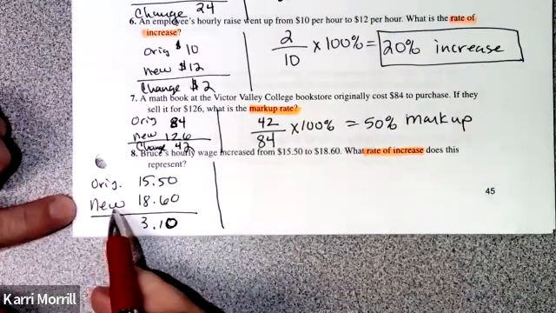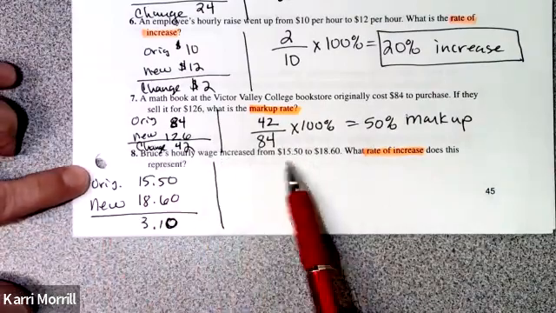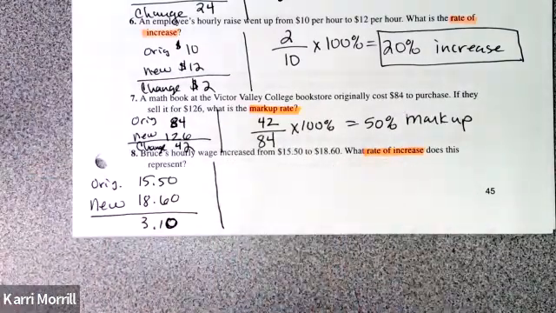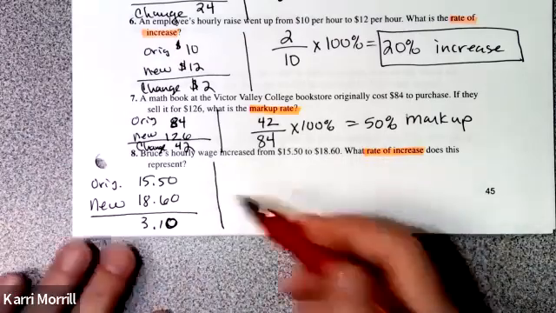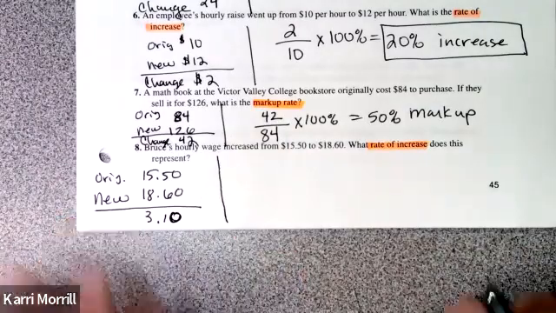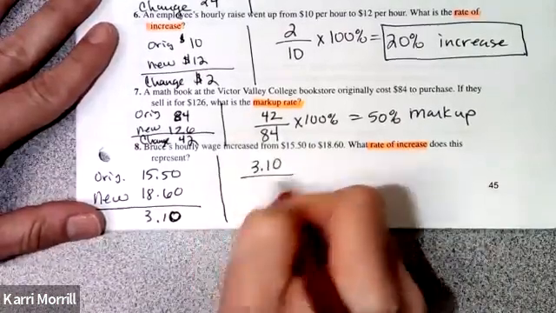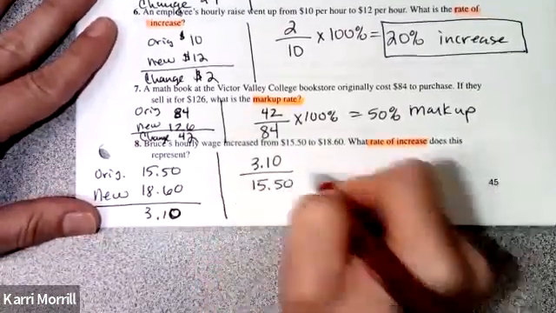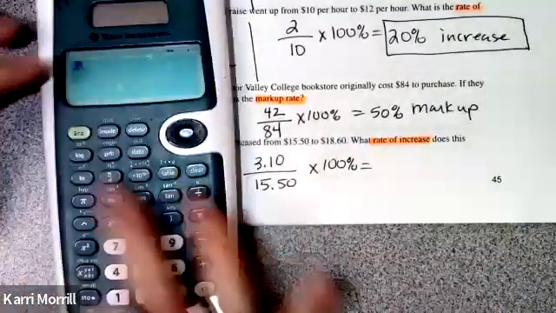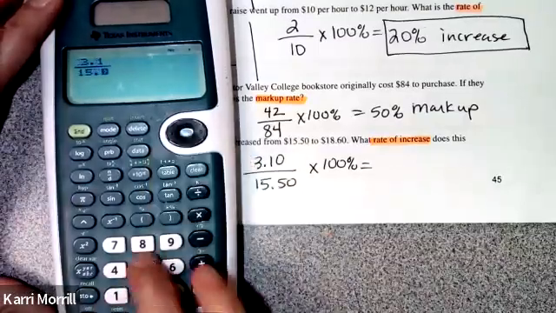Okay, this other one, it's the original price. Bruce's hourly wage increased from $15.15 to $18.60. What was the rate increase for that hourly pay? So basically, Bruce got a $3.10 raise, right? You find the difference between them, and that's the change. So you're going to put $3.10 on the top over what Bruce's original hourly pay was, and take it times 100%. So 310 over 1550